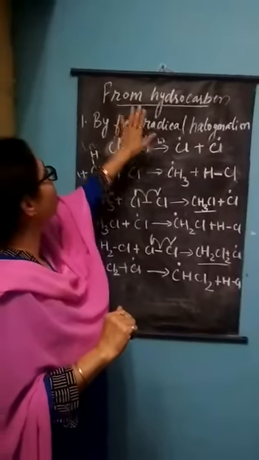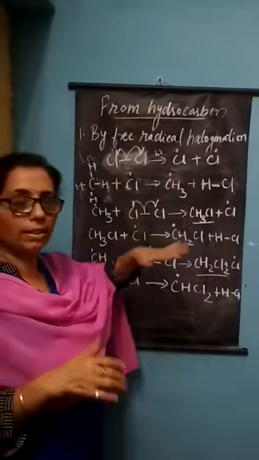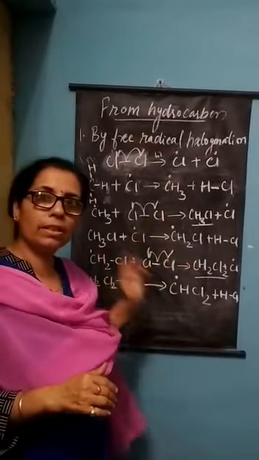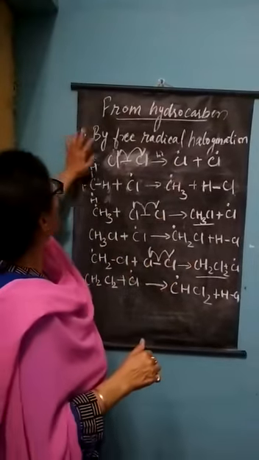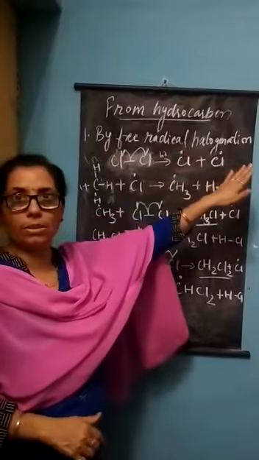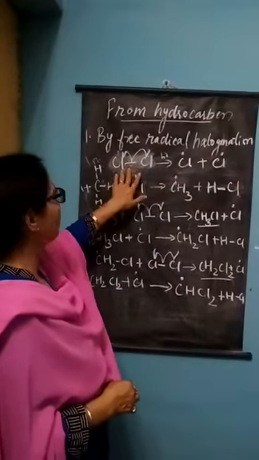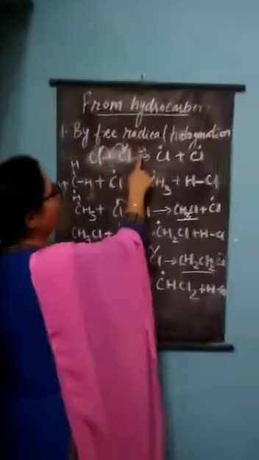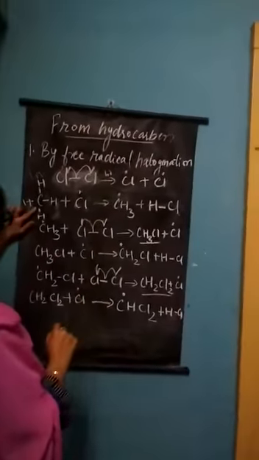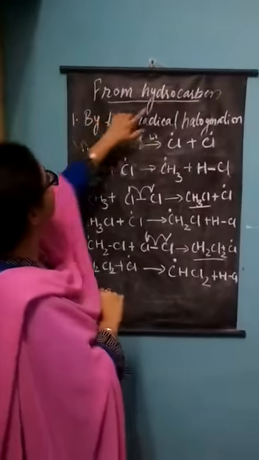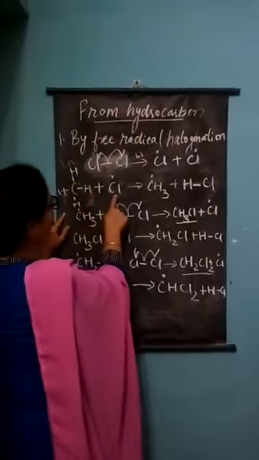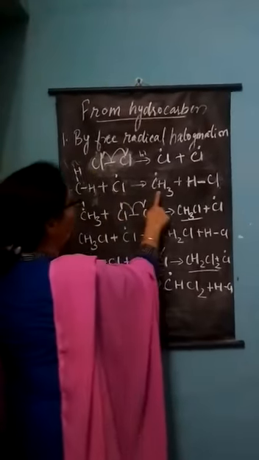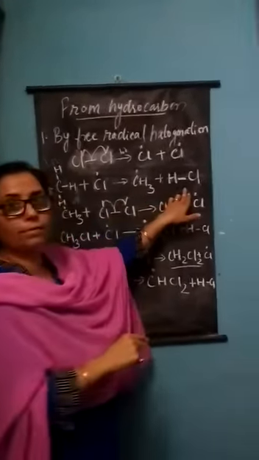We are going to study the second method for preparation of alkyl halide, though this method we have already studied in class 11. This is free radical halogenation. Halogen has to be split in the form of radical first in the presence of sunlight. Now alkane, that is, we are using a hydrocarbon. So when alkane reacts with one radical, it will form methyl radical and HCl is formed.